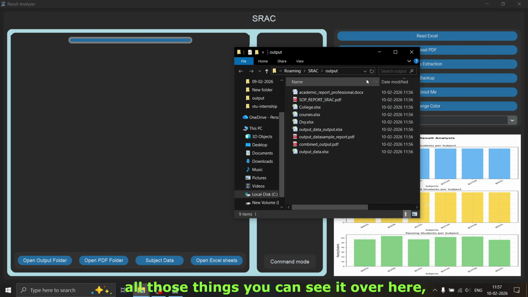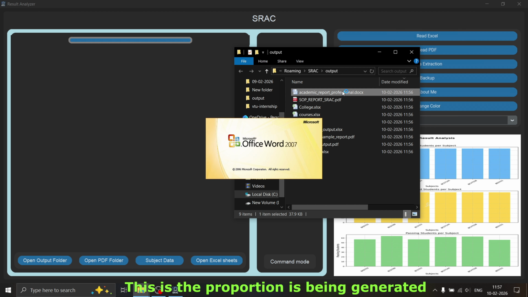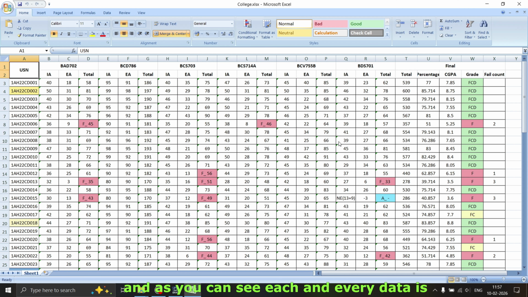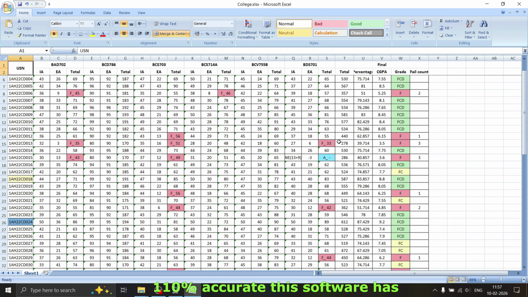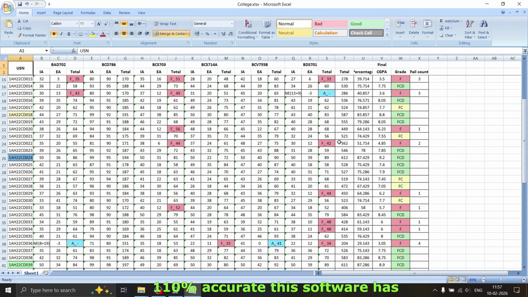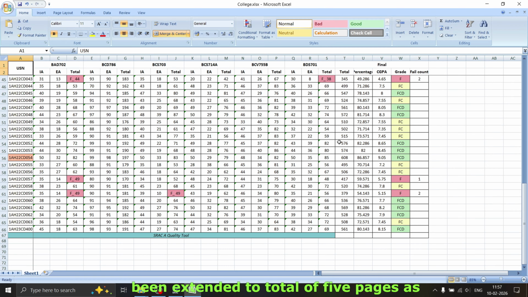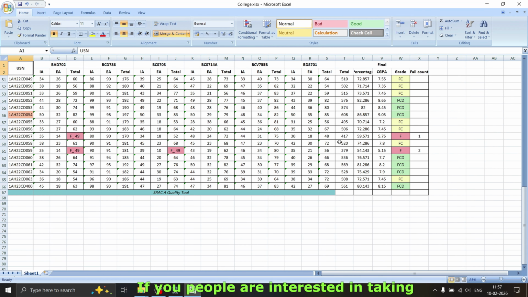But this is the professional report which has been generated, and as you can see, each and every data is 110% accurate. This software has been extended to total of 5 colleges as of now, and if you people are interested